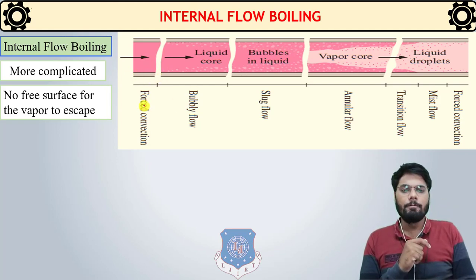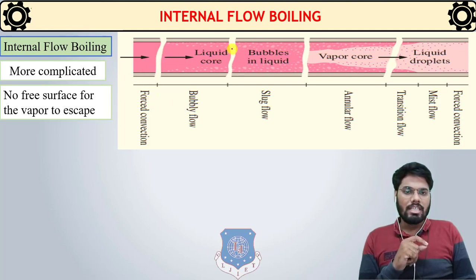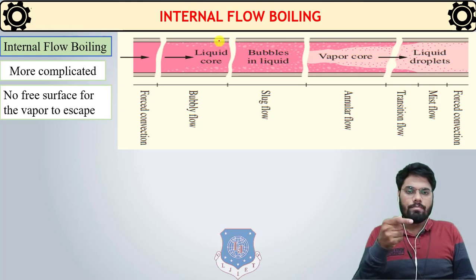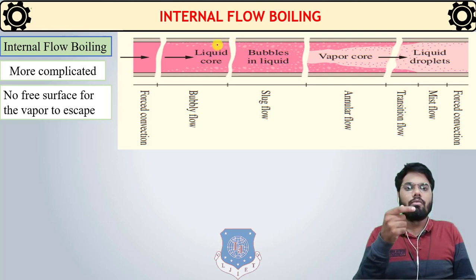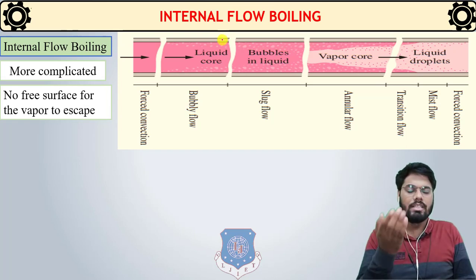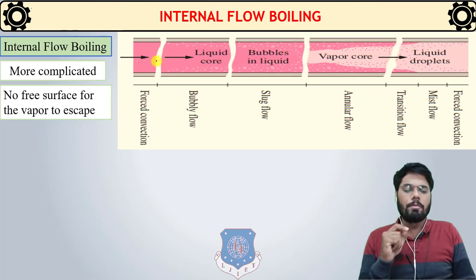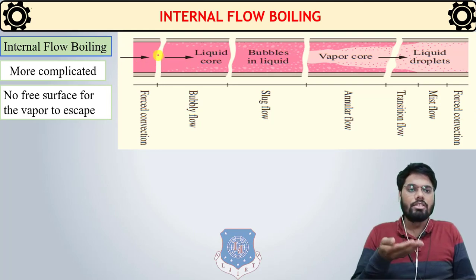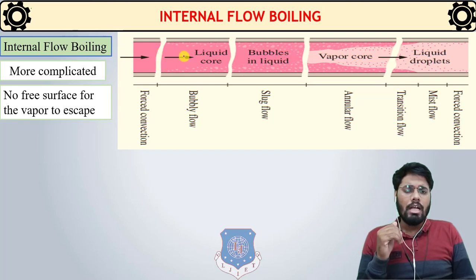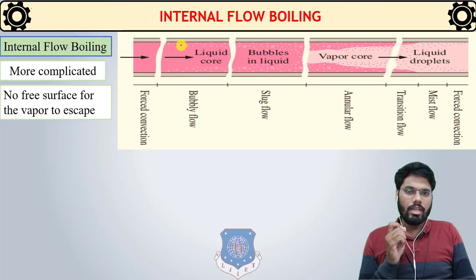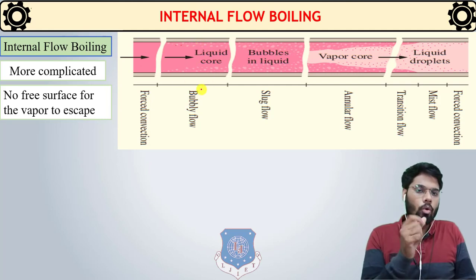As you can see in this figure, there is a flow of water inside the pipe. Here the temperature of the surface of the inner wall of the pipe is much higher than the saturation temperature of the water. So when water enters this pipe, at the starting point the temperature of the water rises. After some length, from the figure we can see some bubbles near the surface of the wall. This is the zone known as the bubbly flow.